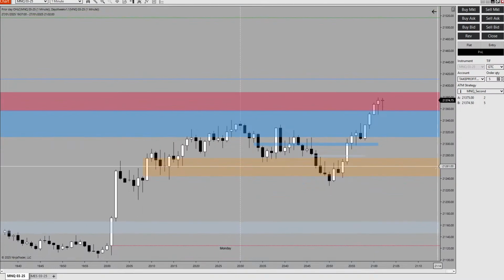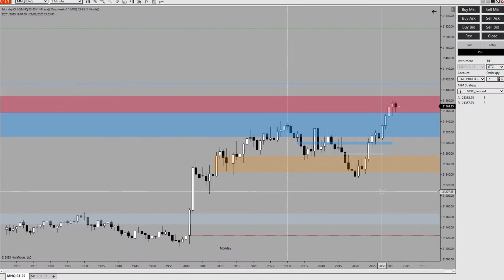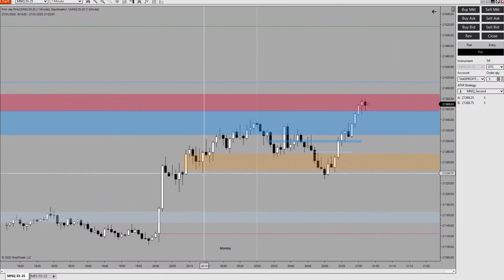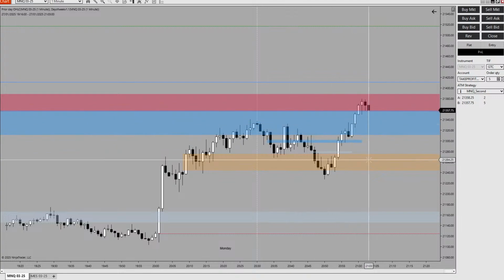Now it is basically the buy side delivery that is on right now. The buy program began when the price went below this low, and from here now the price is going higher into buy side liquidity. So the initial buy side liquidity was above these two highs, and that is what we traded right now.